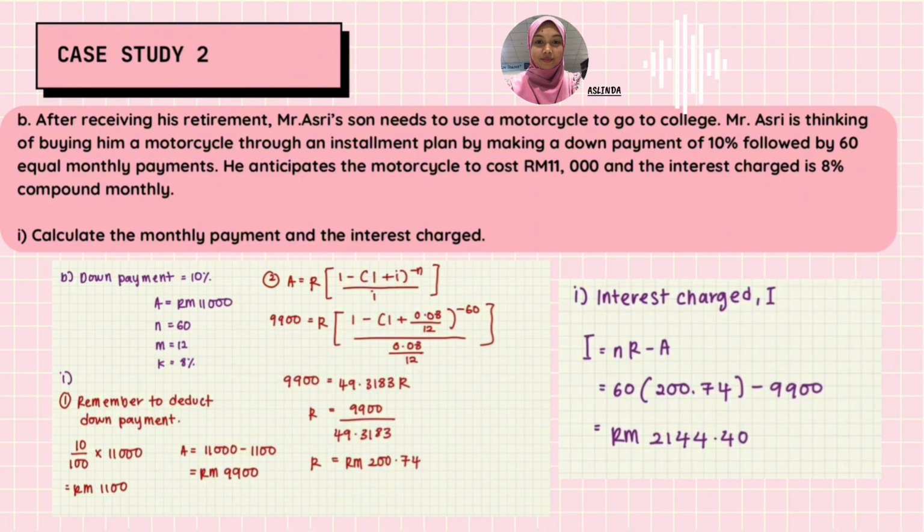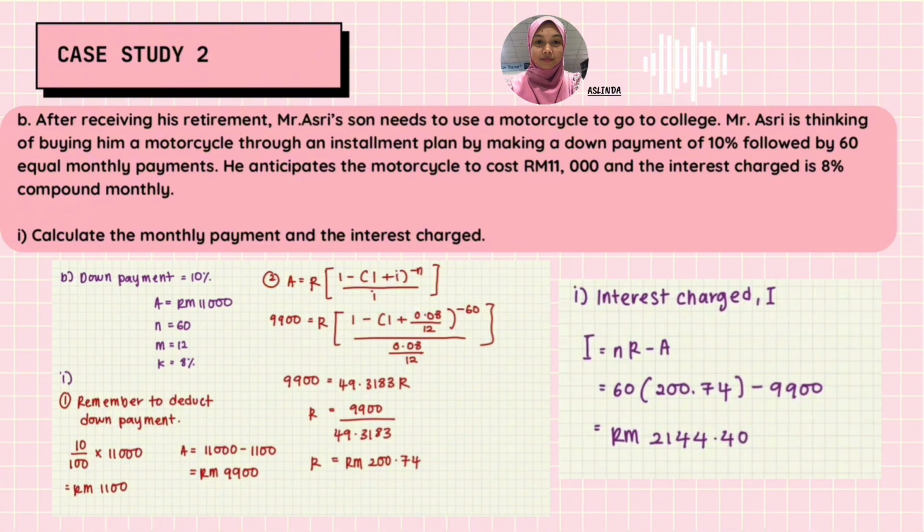So from these questions, we need to find the monthly payment and the interest charge. Monthly payment is R and the interest charge is I. So we use present value to settle this question. First, we need to deduct the down payment, and the down payment is 1,100, and for A we get 9,900 because 11,000 minus 1,100. So we complete the numbers in the bracket and the last one we get the answer R equal to RM